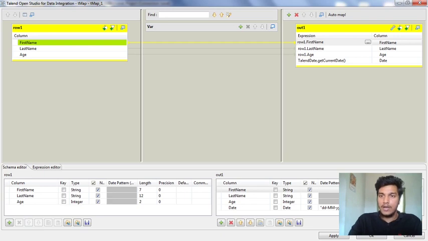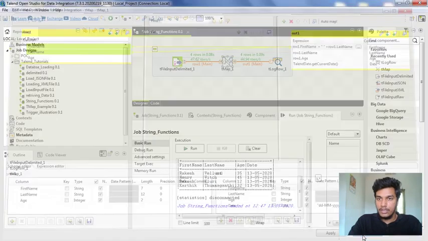Now in Java, for concatenation we use the plus operator. So I am inserting a plus here, adding some space as a string, and copying this. So what it means is first name, space, last name. I am saving it and clicking OK here.